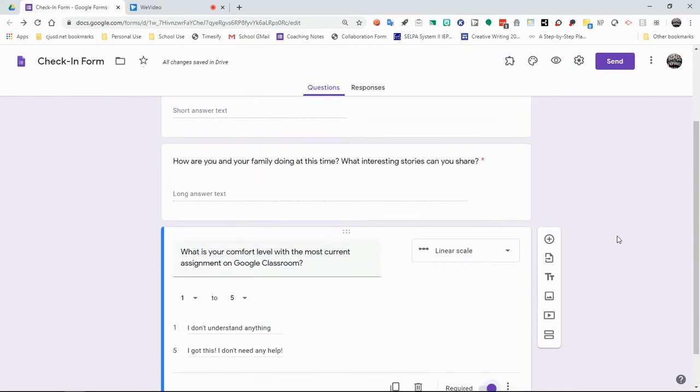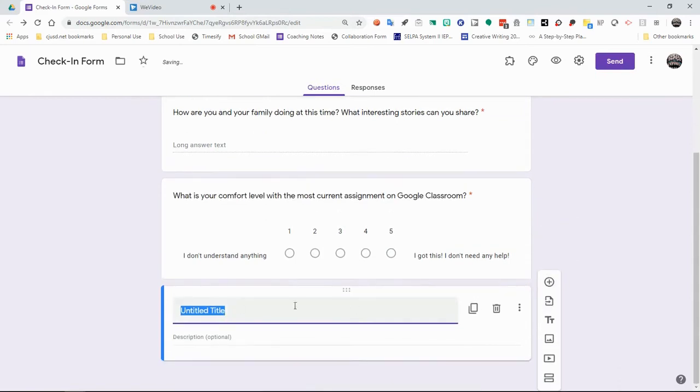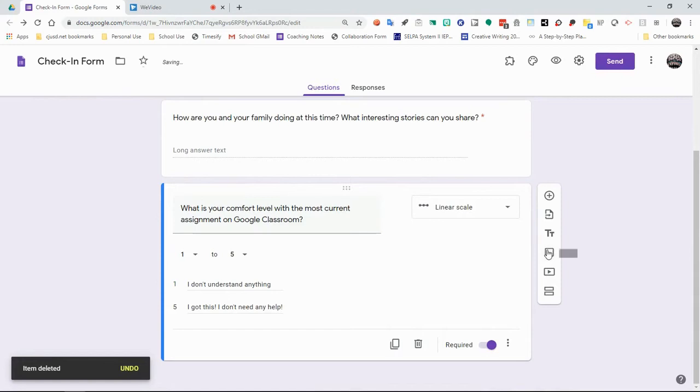So these are just some ways that you can mess around with this. Now, you can import questions from other Google Forms if you like one that you have. You also can change the title and description of the section. So you can now add a new section with titles and descriptions. You also can, of course, continue to add images. You can add video from YouTube. You can also add what are called